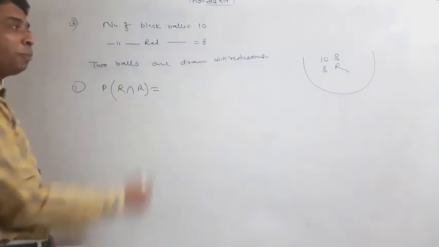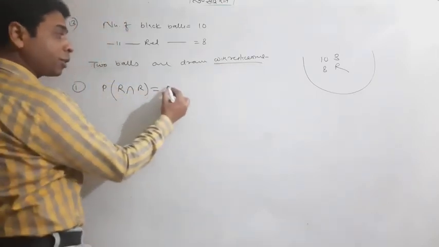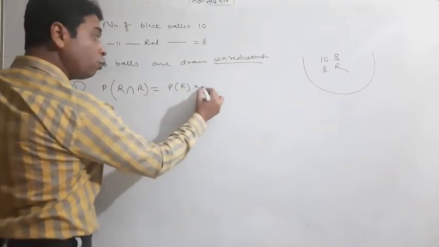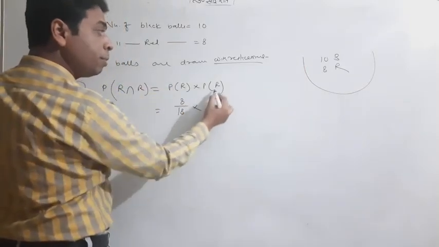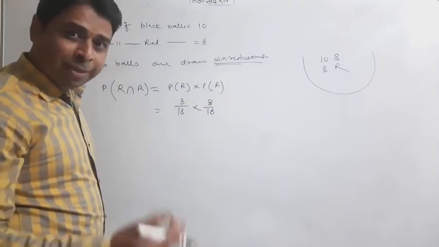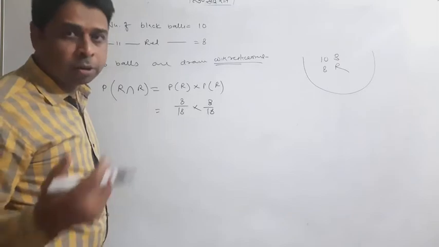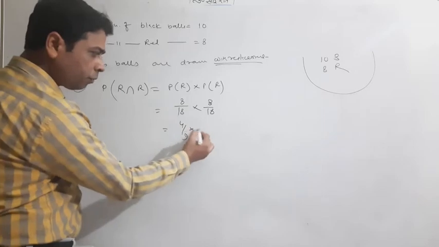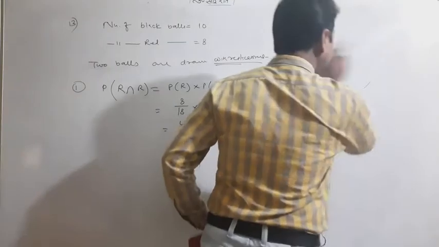You know events are independent with replacement. So when events are independent, both will come in multiplication. P of A intersection B equals P of A into P of B. This is going to be P of R into P of R. P of red ball is 8 upon 18, and again 8 upon 18. Why? With replacement, the balls will be the same as before. One is drawn, kept back in the box, and drawn again, so the number of red balls will be the same. This is the answer: 4 by 9 into 4 by 9 is 16 by 81. Easy. Now the second question asks, what is the second question?